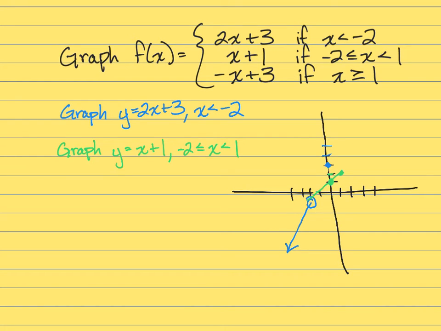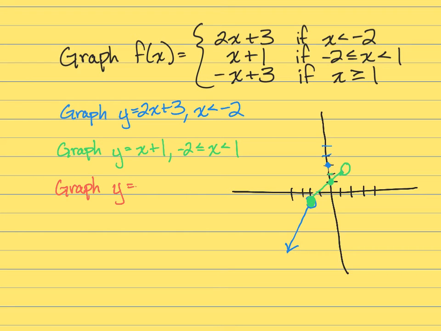All right? Now what's going to happen at the end points here is you go back up to the restriction and you say, oh, I get to use this line when x is greater than or equal to negative 2. So that means at this end point, I'm going to actually put a filled in circle, and it looks like it fills in that blue dot as well. At this end, I'm going to put an open circle because of the strict inequality where x is less than 1. Okay? So let's do our last one, our last component, and we're just going to graph